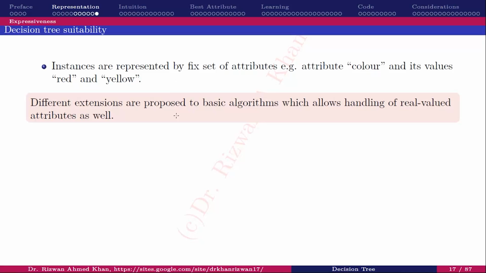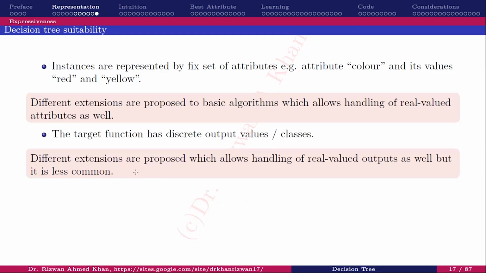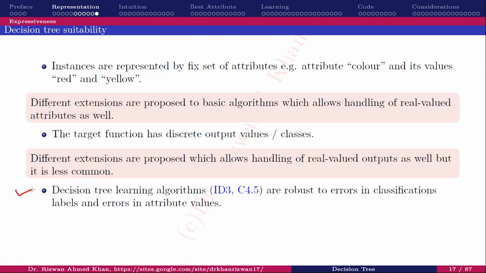So this is a basic notion of representation of trees. Different extensions have been proposed. I think this we have done. The important thing is the decision tree learning algorithms. I have used the word inducer. So decision tree learning algorithm or inducer is one and the same thing. In this class, we will do ID3, which is the basic decision tree learning algorithm. An extension of ID3 which we still use is C4.5. It's almost the same, with a little bit of optimization in C4.5. But in this class, we will do ID3.